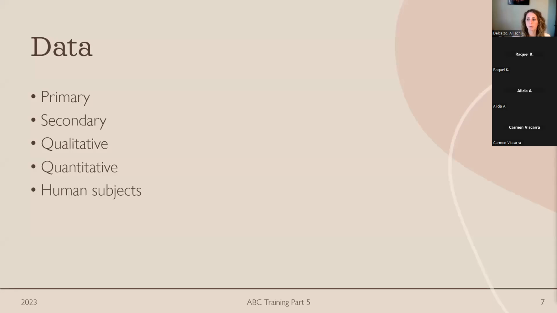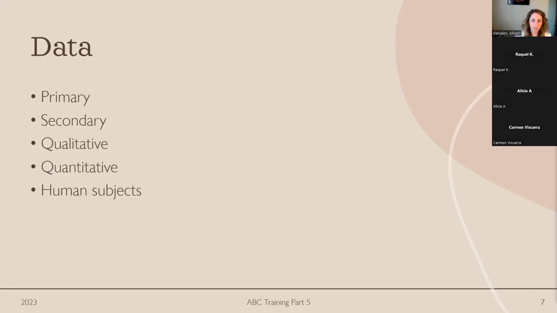So as I mentioned, quality improvement is highly dependent on data. So what is data? Data is information, right? And so in order to understand what a quality improvement process should look like, we need to start with data. So there's different kinds of data. Primary data is data that a researcher collects, right? It's something that you learn firsthand. And we'll talk about how to collect data in a little while. Secondary data is data that previously existed and the researcher analyzes.